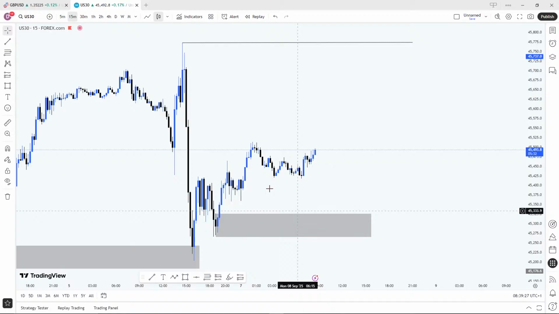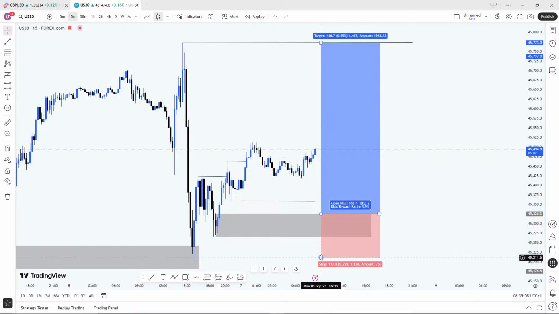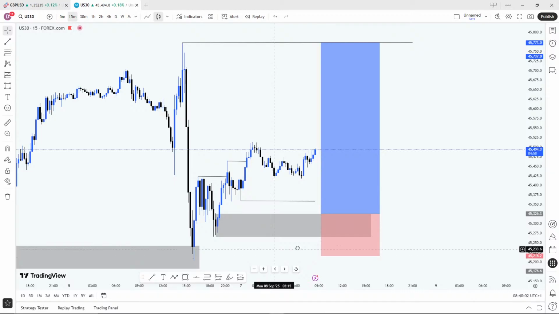Now, if you watch, it has all the criteria we need: break of structure to the upside, and all of these breaks of structure are now more to the upside. So we have this low as liquidity, so we can buy from this very order block, targeting this very extreme high as our take profit, because that's the nearest liquidity the price will likely take out. So this is already giving us a 1:4 risk to reward ratio. This is a setup I'm going to have on US 30.